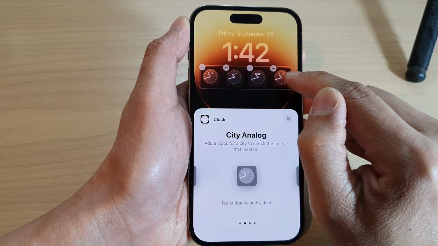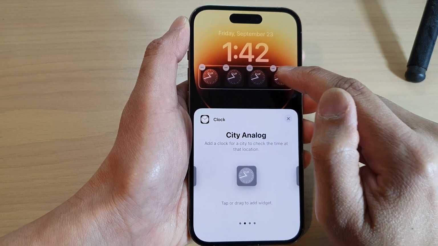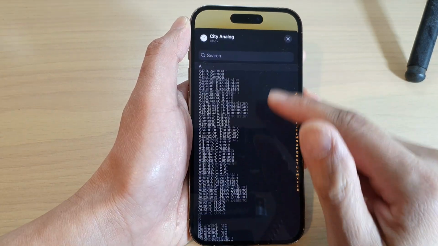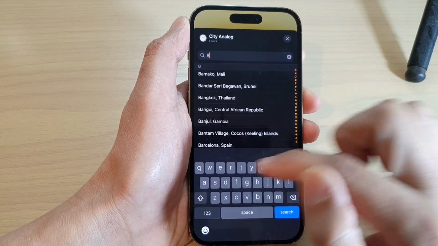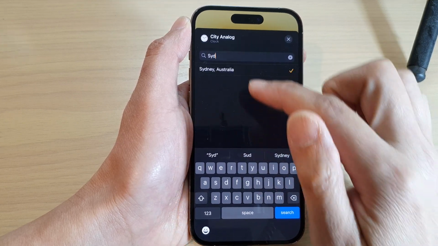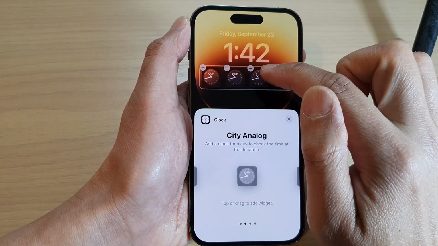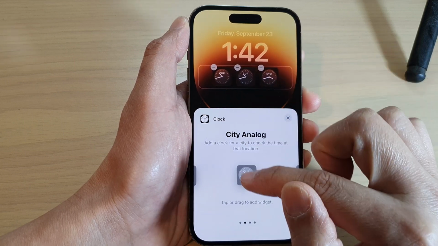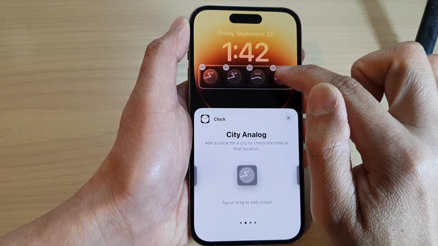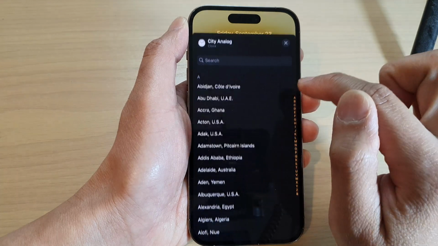And next, tap on the widget to select a city. I'm going to tap on that, and here you can type in the city name that you want to use. So here I'm going to choose Sydney for that one. In here, oops, I just accidentally tapped on the delete button, so tap on the clock, and in here you'll